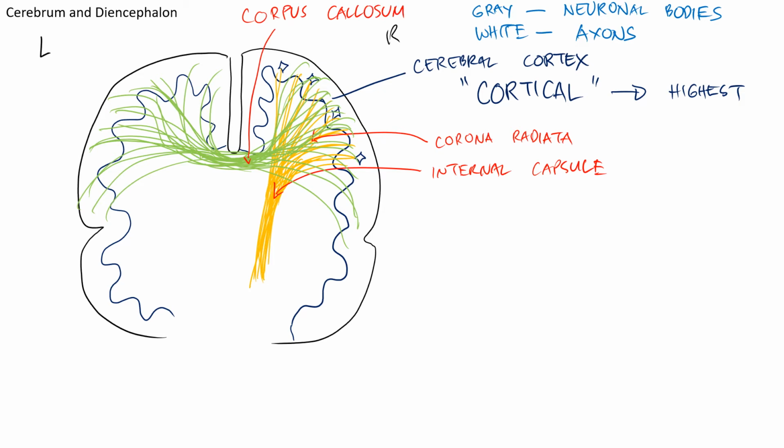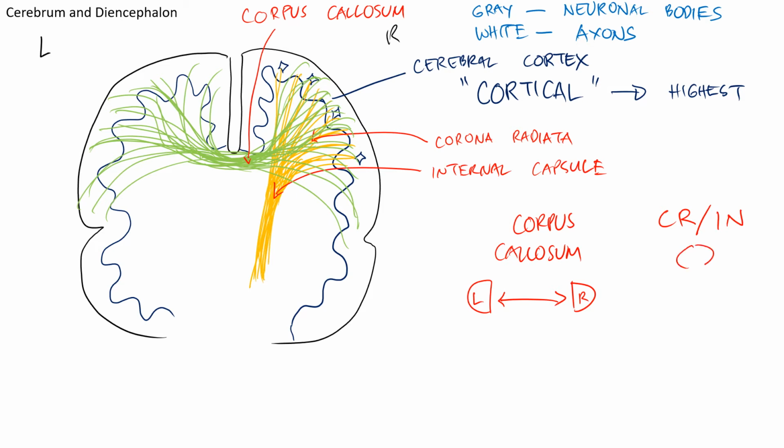Okay, so basically your corpus callosum connects, let's write it down so you will not forget, your right cerebral hemisphere to your left cerebral hemisphere. Whereas your corona radiata and your internal capsule, what does it do? It connects your brain to your lower parts, your brainstem and spinal cord. That's what it connects. Okay, so is that clear? Now,